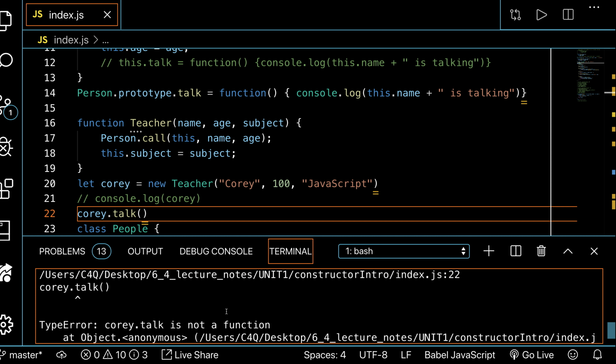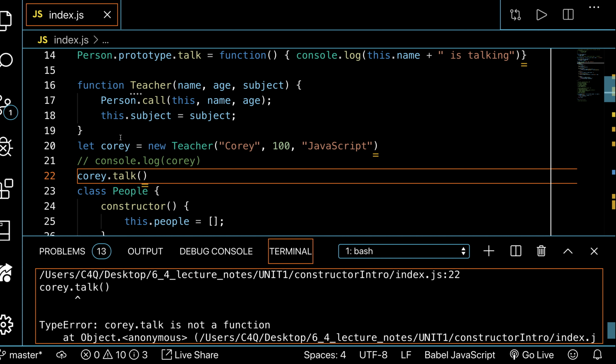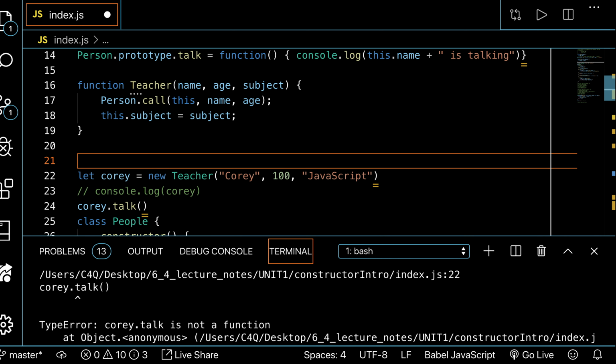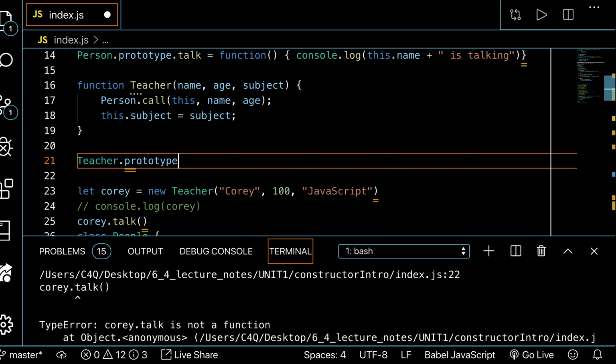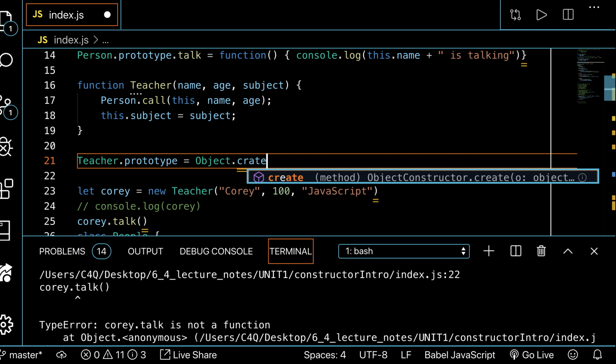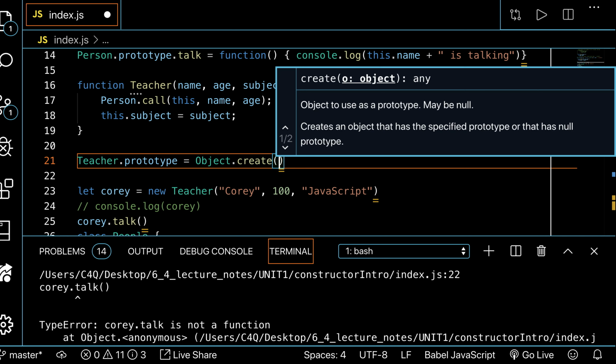So inheritance in ES5 is not quite as slick as ES6, right? I'm able to inherit with that constructor pretty easily, but I'm not quite done yet. If I want to, I have to do a couple more things. I have to say Teacher.prototype, and I create a new object that will take the place of what I want to inherit. So I'd say Object.create. I've got to spell that right. And I want the prototype for my teacher to point to